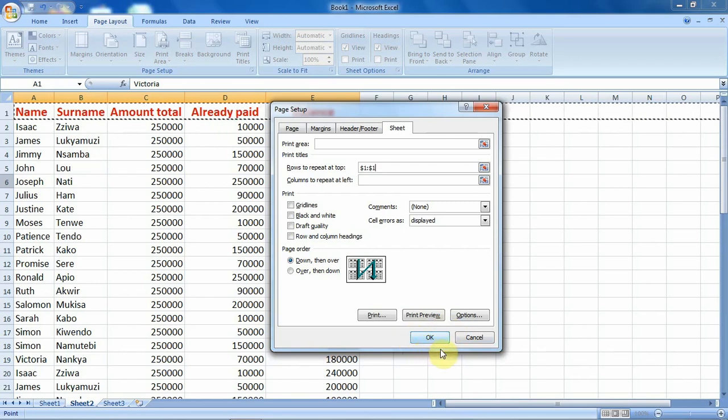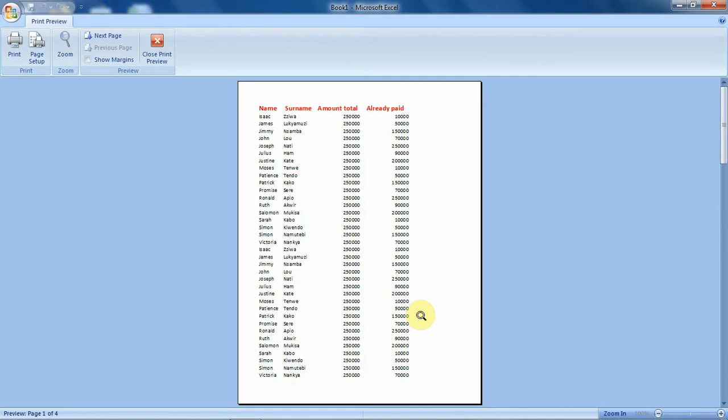After you have inserted that row, the next step is to click on OK. However, before we click on OK, we need to first have a look at the preview of how our content will appear. So we click on Print Preview. When we click on Print Preview, this is our first page. How do we know?